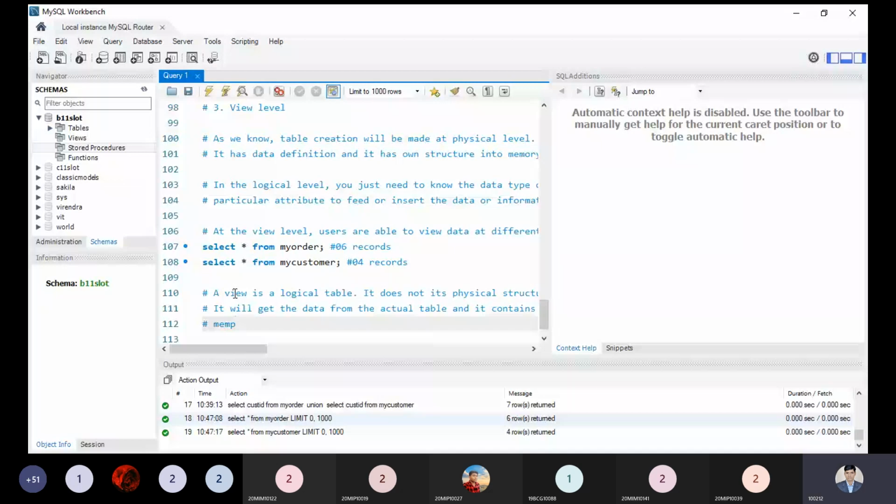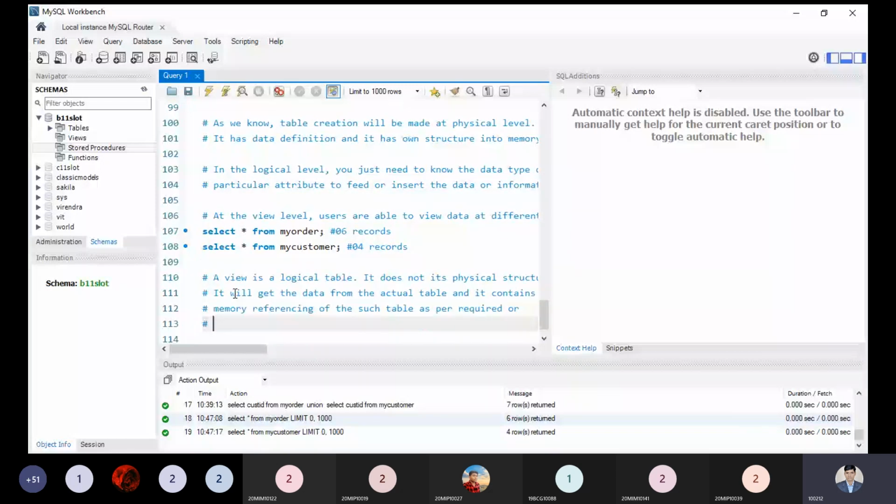Although we are not using any kind of pointer over here, it contains the memory referencing of such a table as per the required or desired condition. It's your choice if you want to put the condition or not.